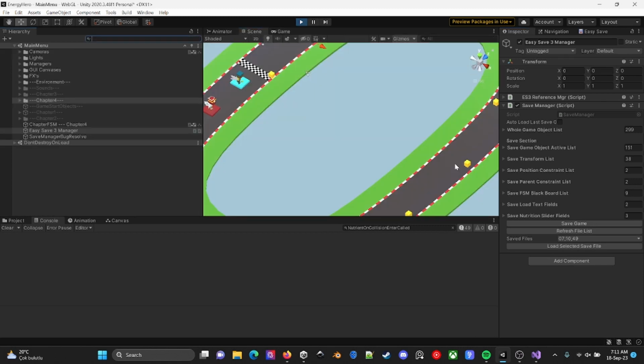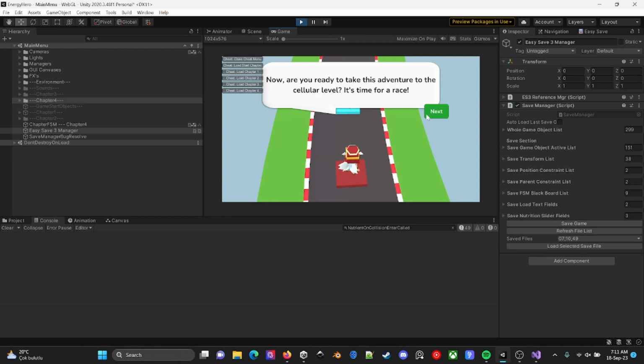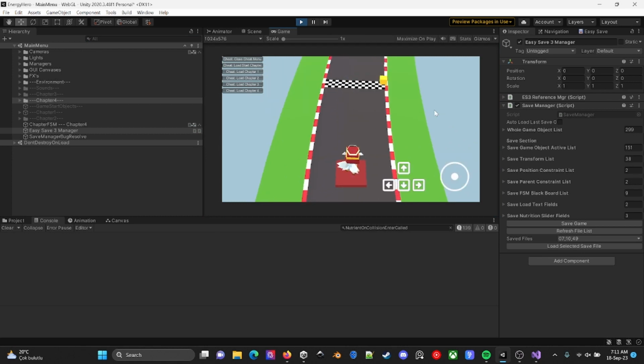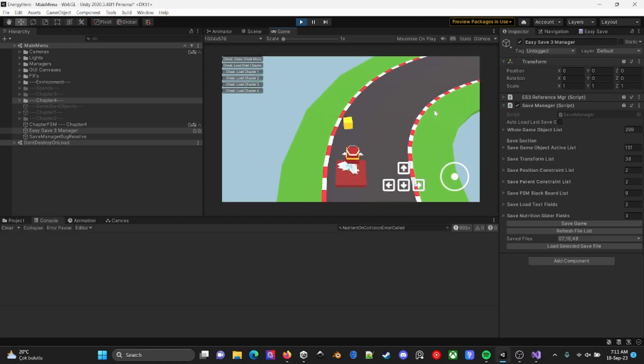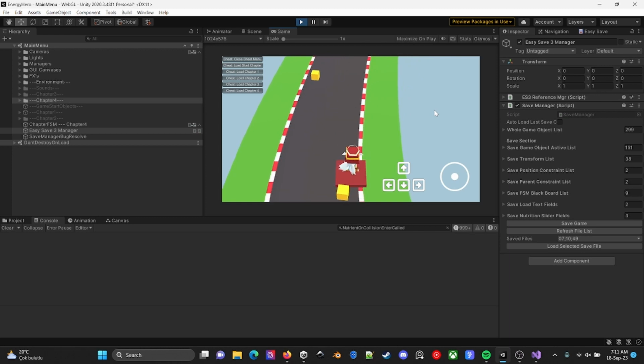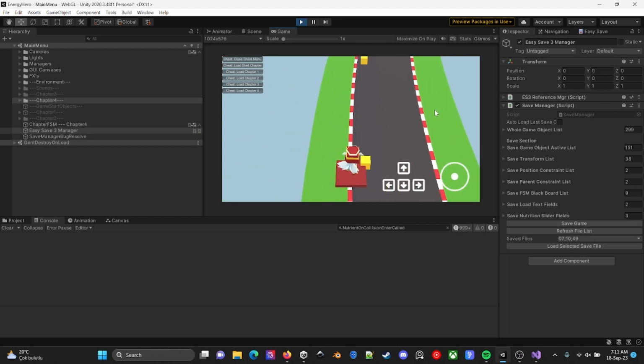Yes, right now I have my nutrients over my track. So if the collision is working... no, it's not working. Why doesn't it?